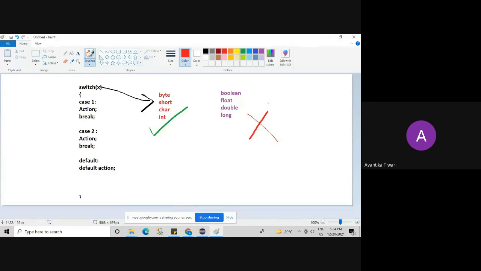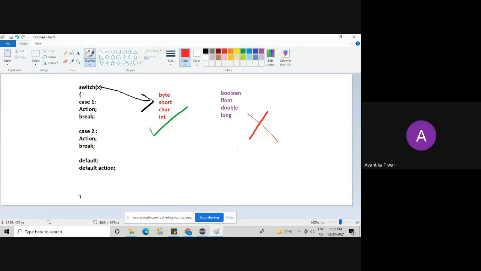Next, coming to float and double. We know that float and double are floating point numbers. Why are we not allowing floating type numbers for specifying the cases? Because take any two floating point numbers, let's say 1.1 to 2.1. Now tell me how many numbers exist between 1.1 and 2.1? 10. Really? What are those 10 numbers? 1.1, 1.2... Infinite. Yes.